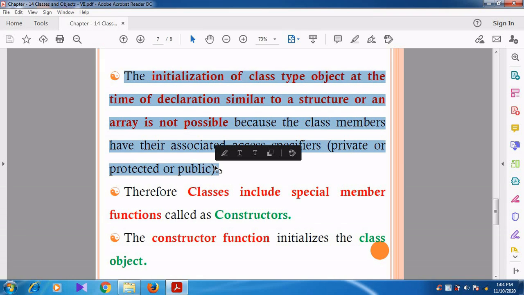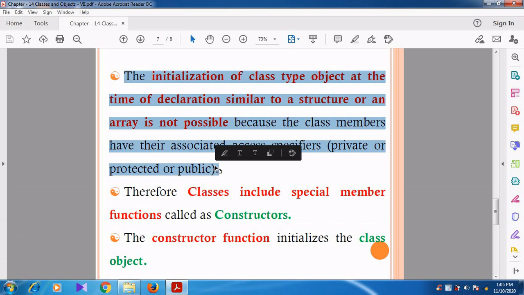And then we studied the difference between structure and class. The class members are private by default, but the structure members are public by default.